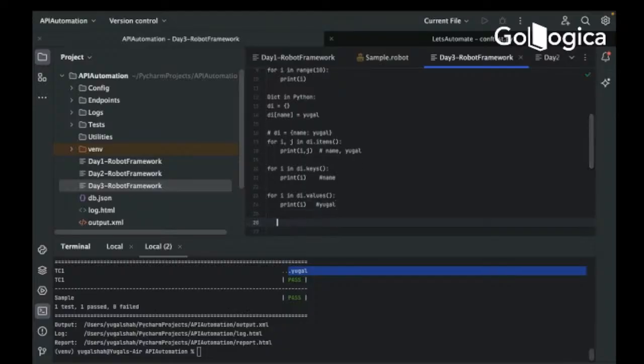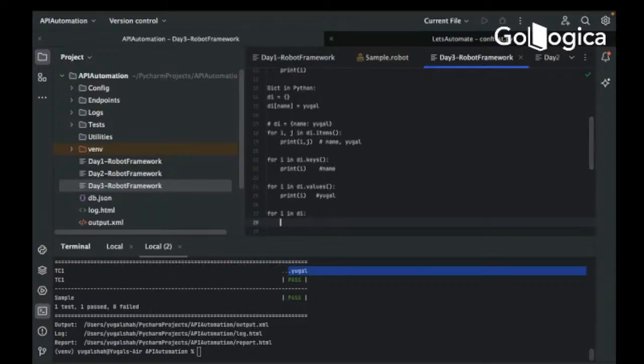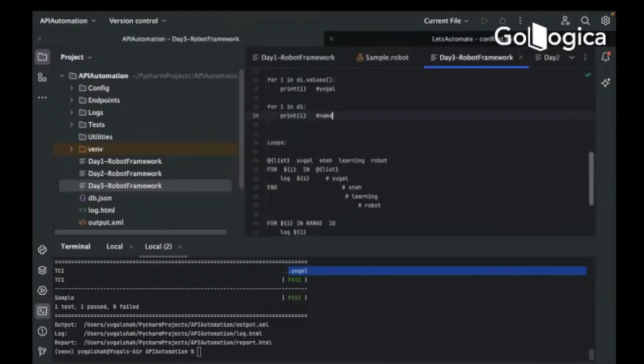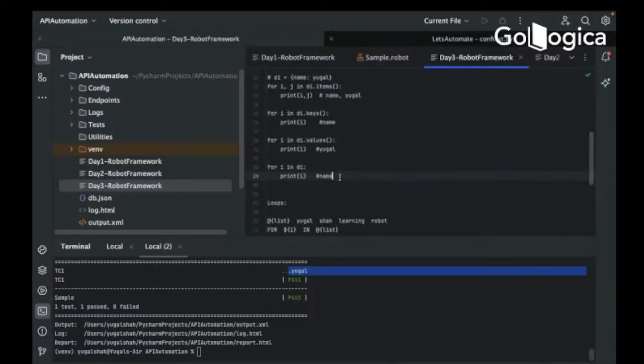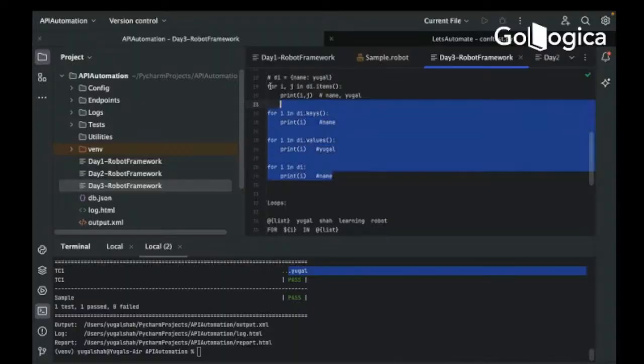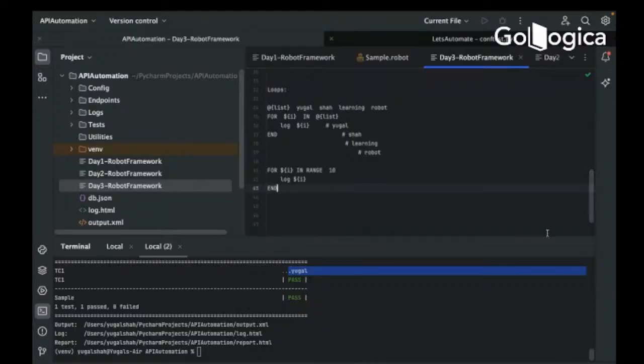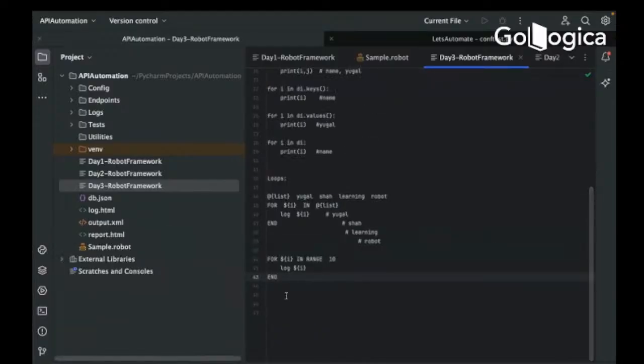And there is one more way, like for i in di. If you are not mentioning anything, it means it is going to give us the key by default. So in this case again, it is going to give us the name. By default it gives us the key. So this is a default behavior in Python, right? Now let's understand how it's going to be when it comes to